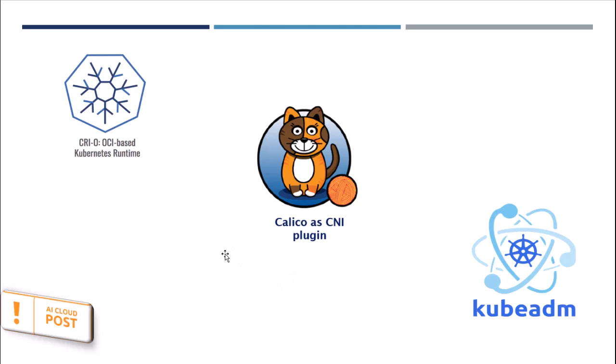And the other most important thing is to manage these Kubernetes applications by containerization. That containerization runtime engine we will use is CRI-O. So CRI-O is my container runtime interface. I'm not using containerd or Docker kind of things. There are other tools to handle this Kubernetes CRI, but in this installation I'm using CRI-O, the container runtime interface. So it is an OCI based Kubernetes runtime. OCI is the Open Container Initiative, developed by the Open Container Initiative